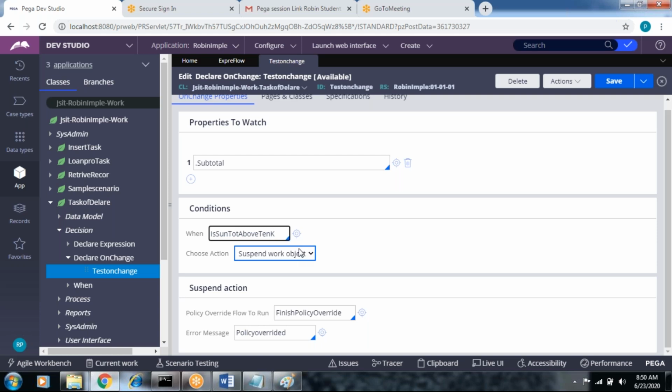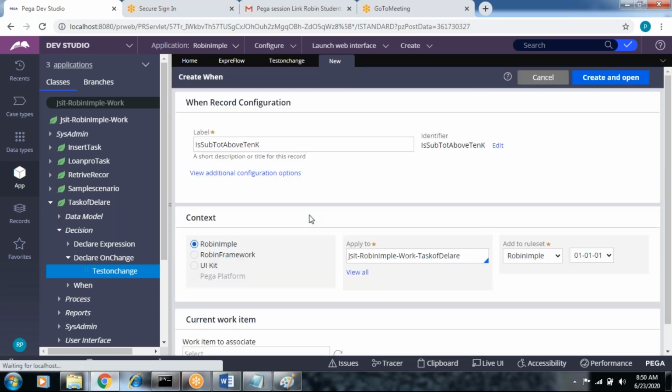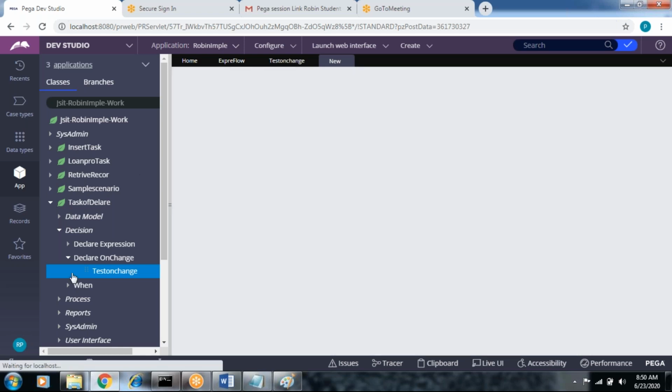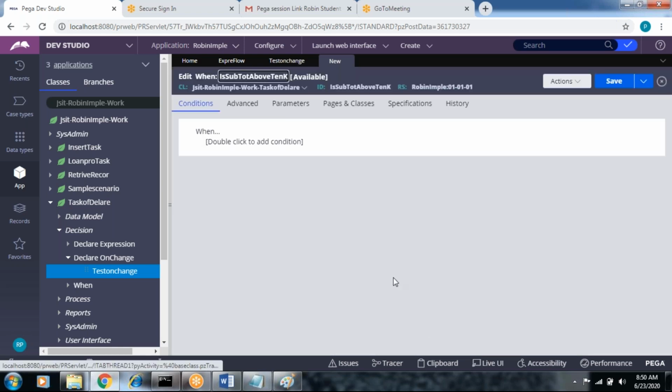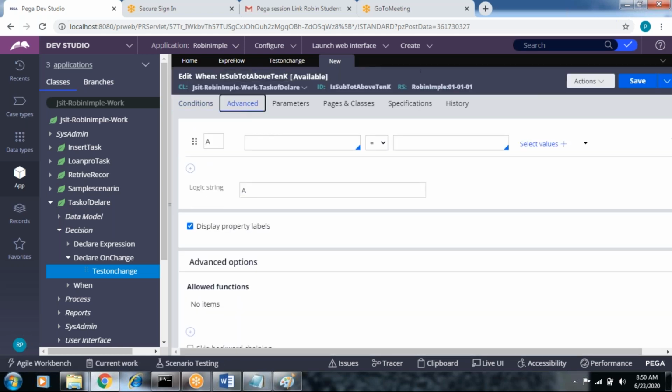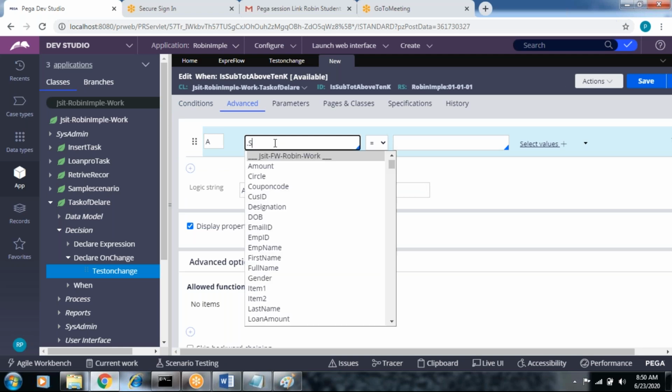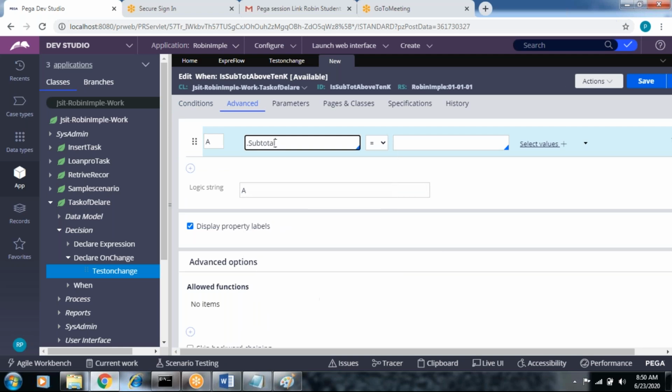Subtotal above 10K opens with the when condition. Above 10K means more than 10,000, or greater than or equal. Just define the condition: subtotal greater than 10,000.